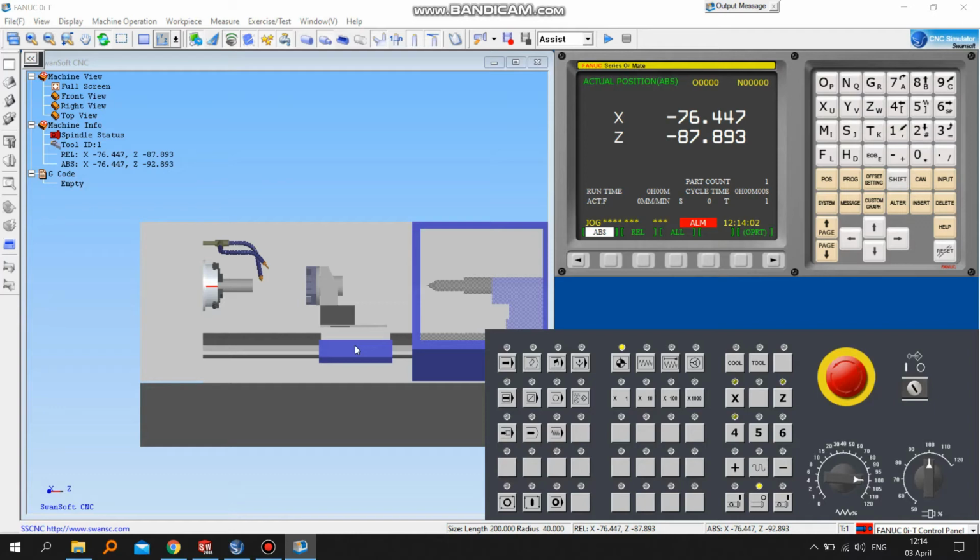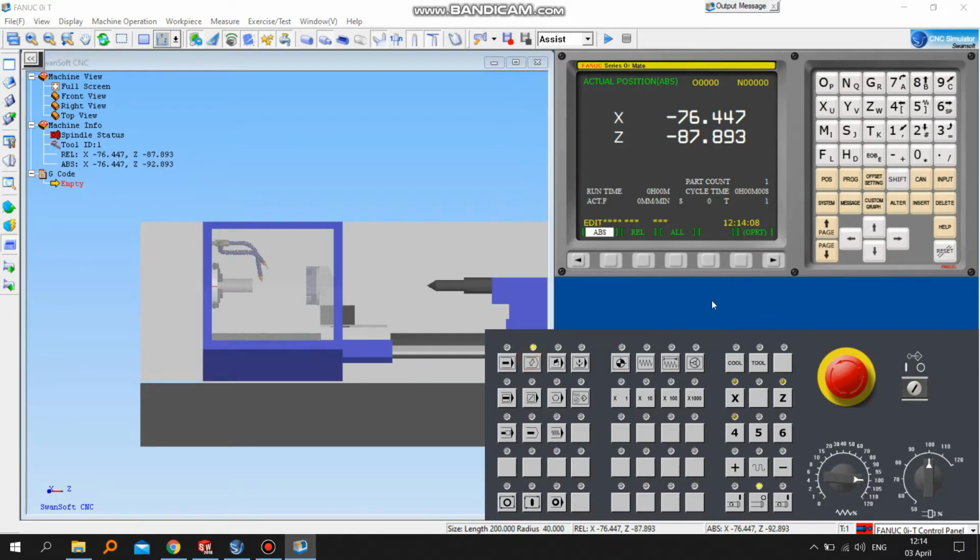The program for facing operation. I will just write down the program.